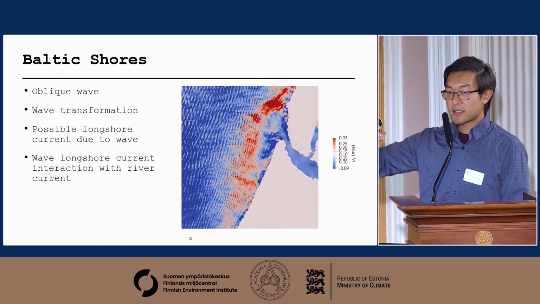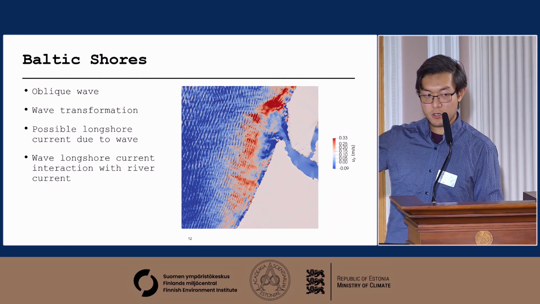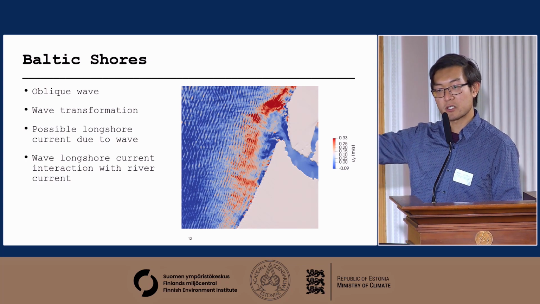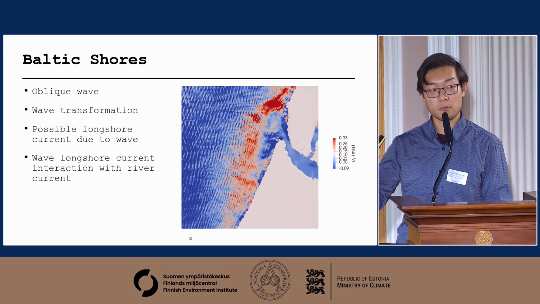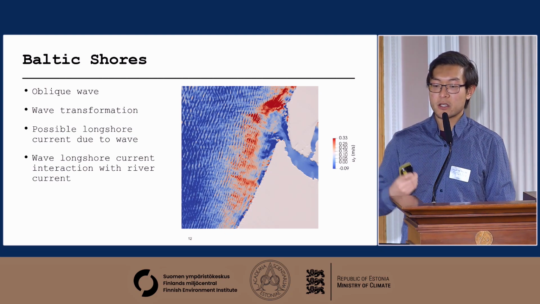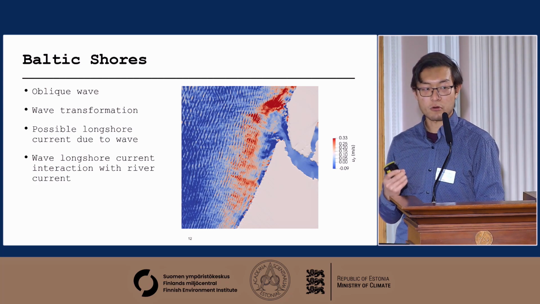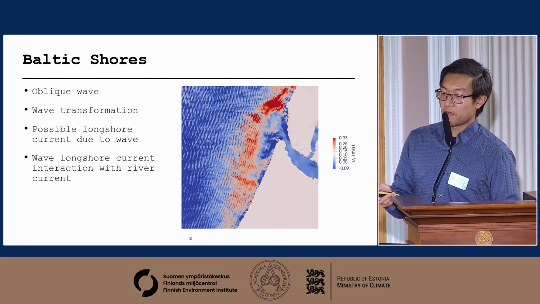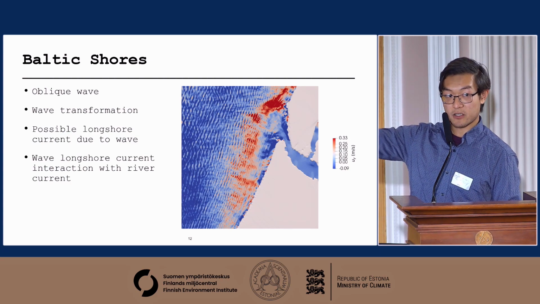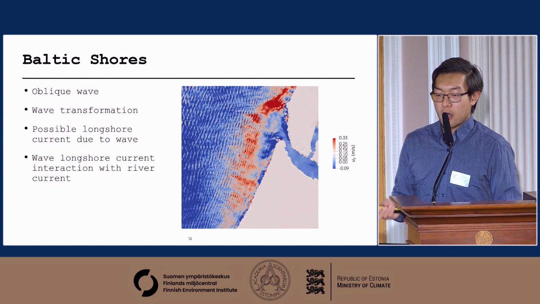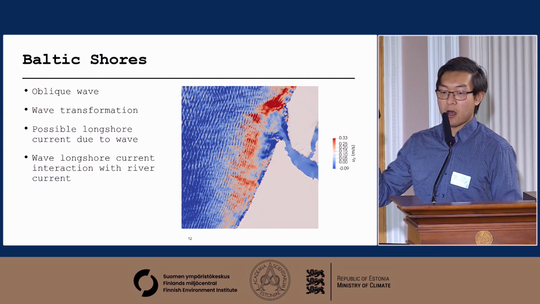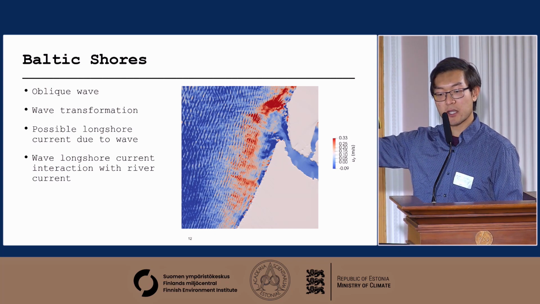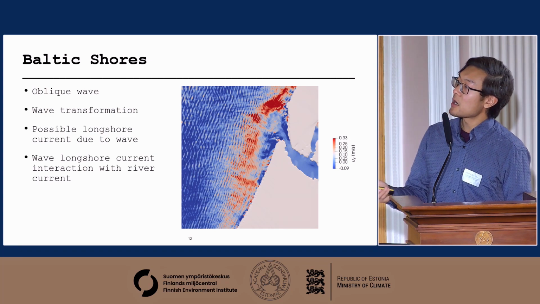And so that's more like what we can use for cross-shore information, because what I showed was x direction velocity, and you can use x direction velocity to calculate the bottom shear stress, for example, once we include the turbulence model, and then you can calculate cross-shore sediment transport. But then also here, I'm looking at the velocity in the y direction. Now you look at the color scheme. Because the waves are approaching the shore at an oblique angle, and also due to the wave transformations, due to the coastline geometry and bottom bathymetry, we do observe quite